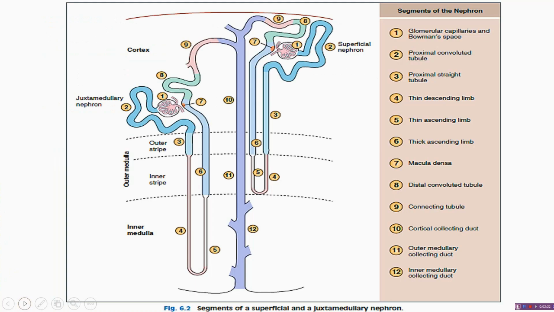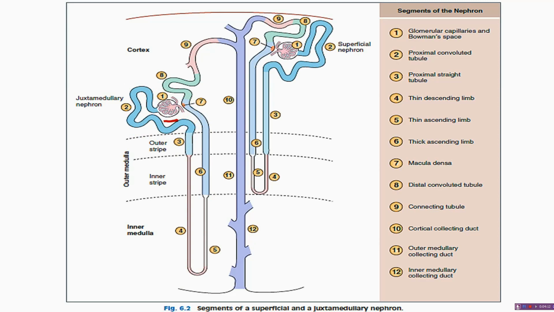Now here is a simplified diagram of the nephron. As you can see, the nephron starts in the glomerular capillary with the Bowman's capsule enclosing it. There are two arterioles, afferent and efferent, coming in and going out of that. The tubular portion consists of the proximal convoluted tubule, that is the convolutions in the tubule, which continues into the loop of Henle. It is a descending loop and it is the ascending loop of the Henle.